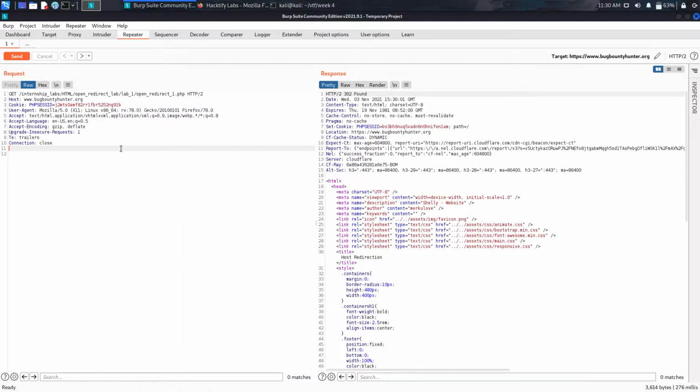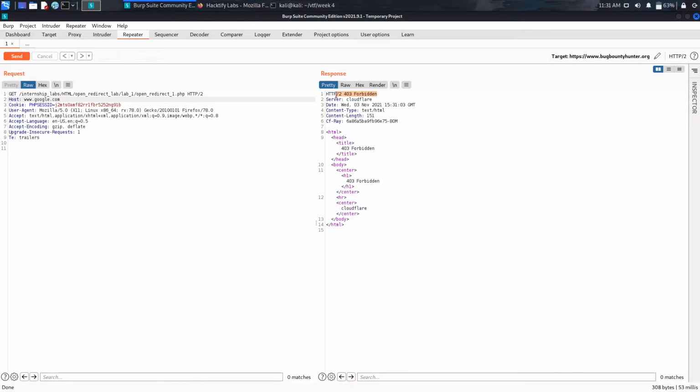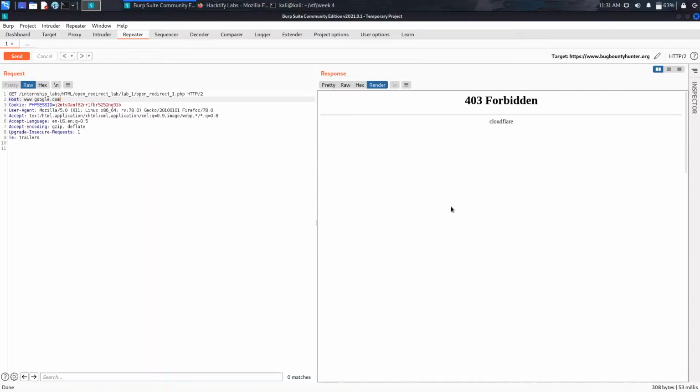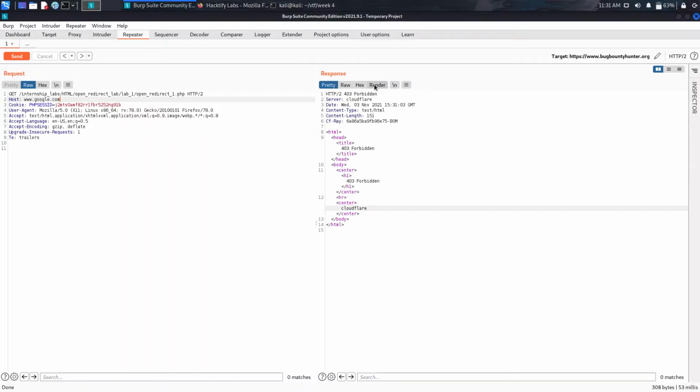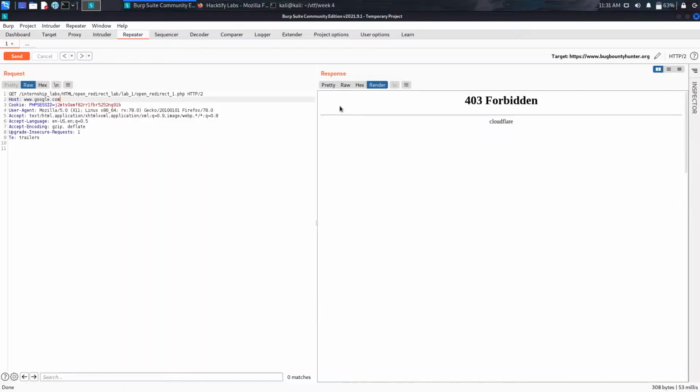For that we need to change the host address here. I will make it google.com in this case. You can just make it Bing or whatever you want. If I just send this, as you can see, it is forbidden. So this was the POC. If I just render this, it will also show 403 forbidden by Cloudflare. So this was it in the POC for the sublab 1. We don't have to do much in this case. Let's just close this,